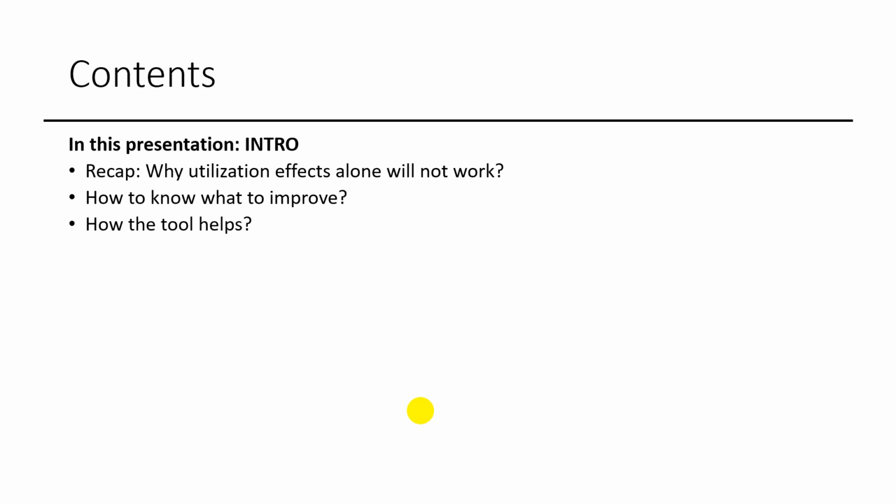Once we have discussed that and understood what the motivation for process innovation really is, we will turn to how to look for improvement potentials and how to identify them, and then turn to the tool itself. I'll give you a little overview of the tool and its features and how that helps you to develop new processes that are hopefully leaner and better and bring down your costs.